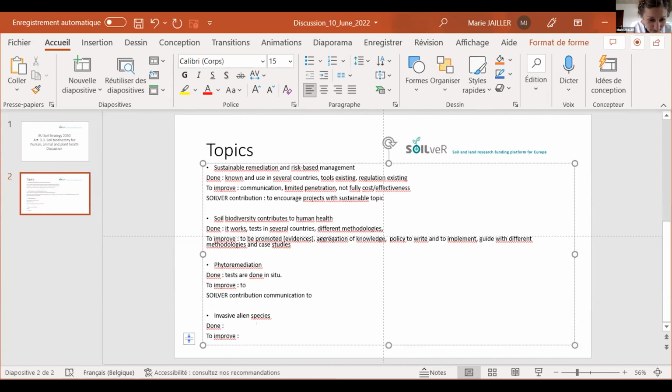Okay, so sorry, I have a problem with the point: communication to stakeholders. Sorry, I didn't catch what you wanted to improve at the end of your sentence. Communication to stakeholders, and also to gather and provide more references and more cases that prove it. And the third thing was maybe to help